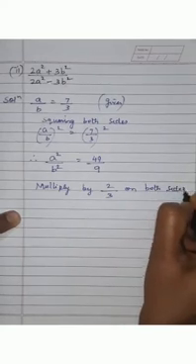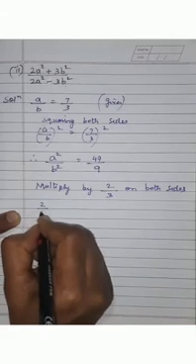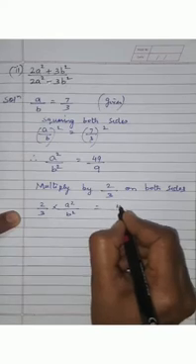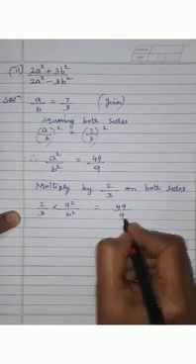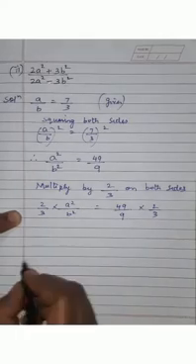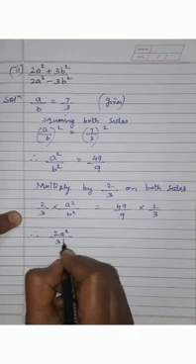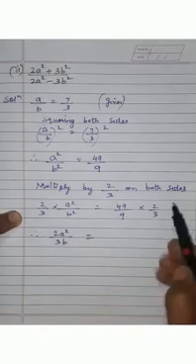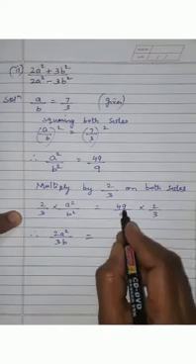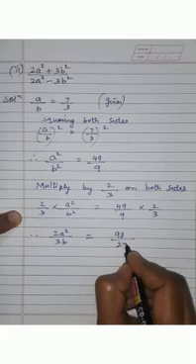both sides. So when you multiply with 2 upon 3 on both sides, you will be getting, children, 2 upon 3 multiplied by a square upon b square is equal to, already we have 49 upon 9 into 2 upon 3. So now we will be having 2a square upon 3b square is equal to, now here children, can we cancel anything? No, we cannot cancel anything. So we have 49 times 2 is 98 and 3 times 9 is 27.